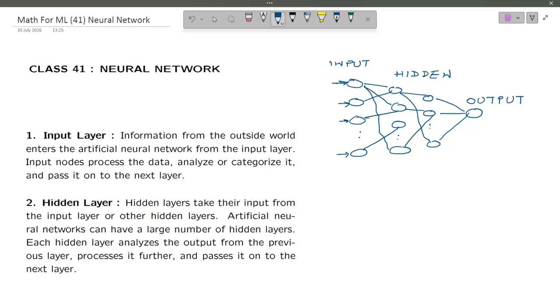and then each edge has a weight W1, W2, W3, W11, W12, W1n, then W31, W32, W33. These are the weights of the edges, and for each input x1, x2, x3, xn,